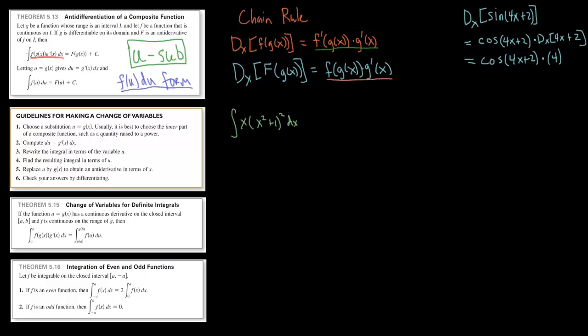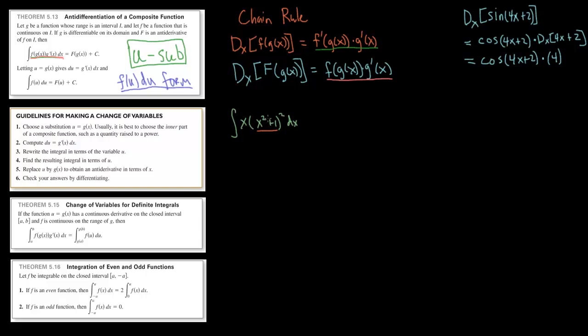Let's identify the inside function. Okay? The inside function is x squared plus 1. Now this doesn't always work, but usually what we want to look for is the inside function, and for the easier ones that will usually always be the case. And so the inside function is x squared plus 1, and notice that we almost have the derivative of the inside function